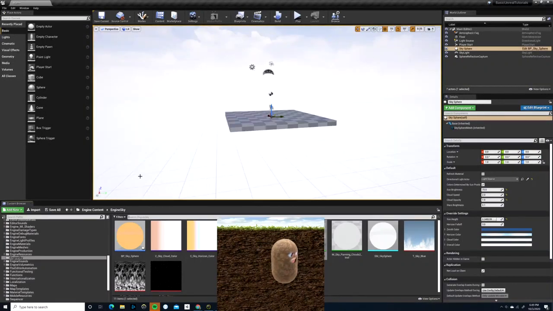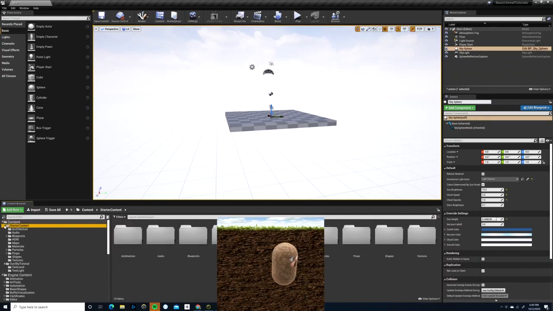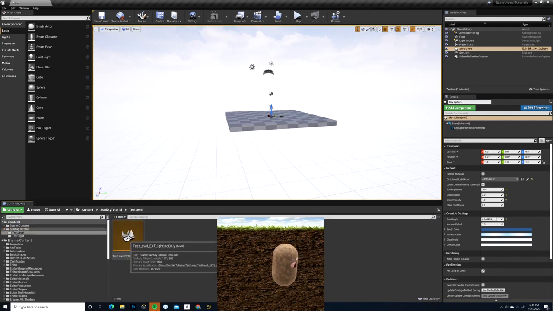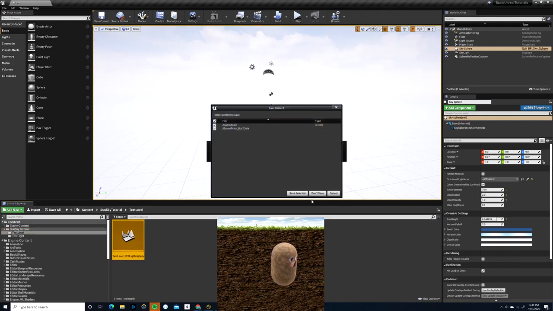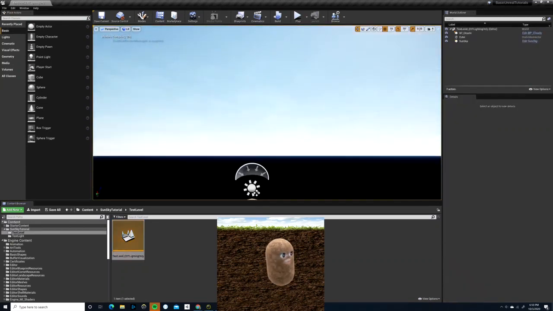Right. So let's go into the test level. Let's go into this. Don't save. Bam. Okay. So this is what I made. As you see, it kind of looks like what we had, except for this black stuff at the bottom,